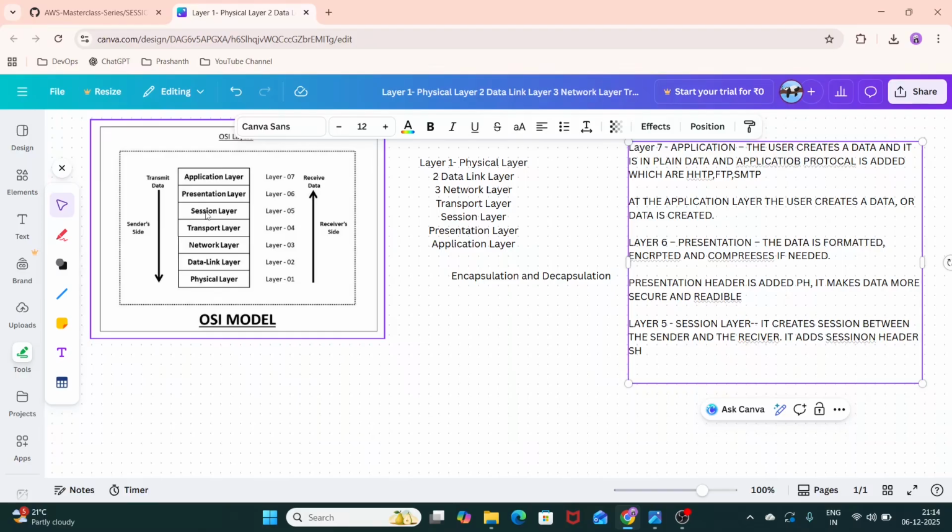A session is created and a communication is started, and the session layer adds a session header to your data. Okay, hope you understood. Now in layer 5 we understood the session is controlled here, and the session header is added. And then the transport layer, which is